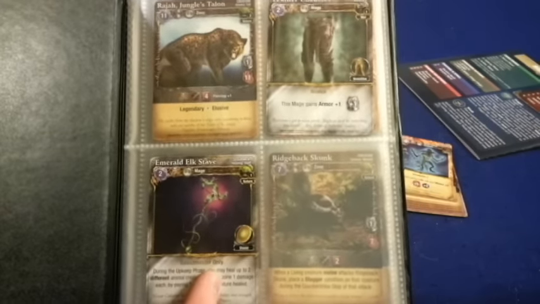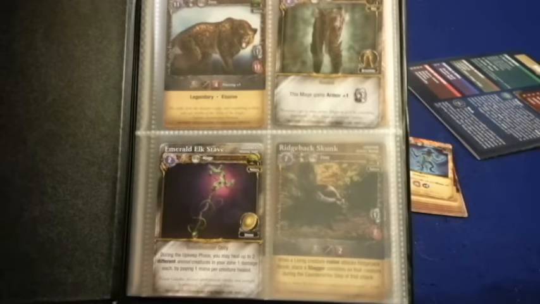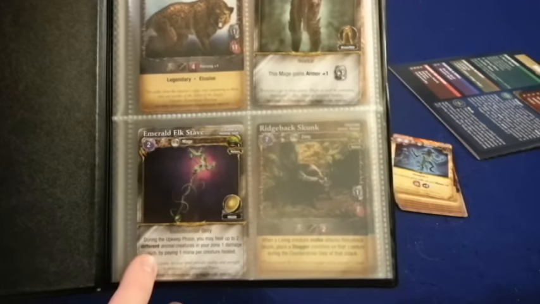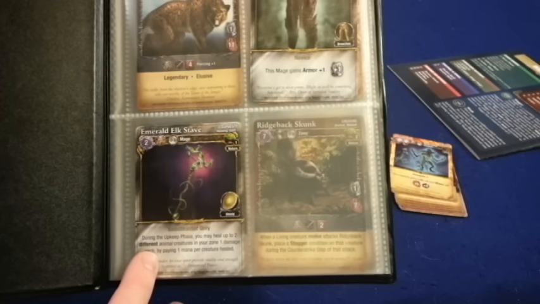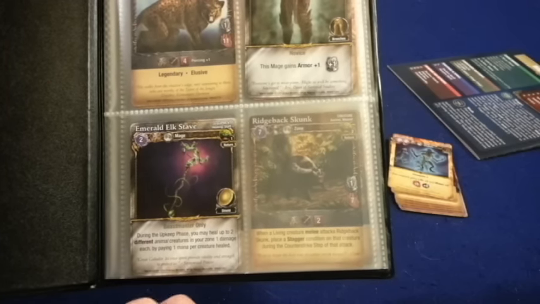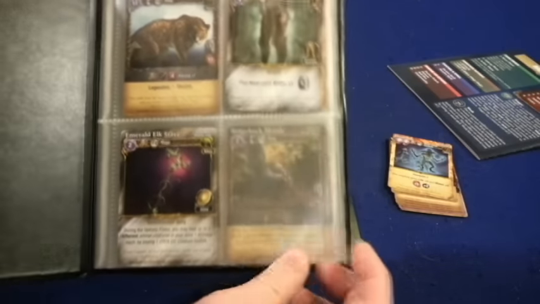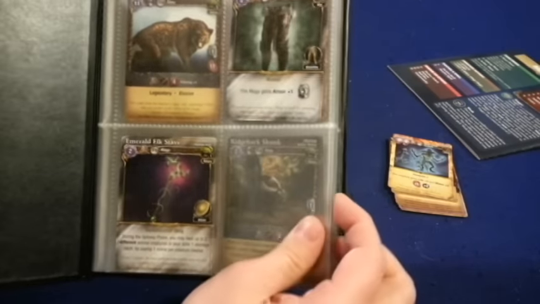This one is for Beastmaster only, so if you were some other class, you obviously couldn't put it in there. That's a quick action. It's going to cost you 2 mana, and during the upkeep phase, you may heal up to 2 different animal creatures in your zone 1 damage each by paying 1 mana per creature healed. So in Mage Wars Academy, that is incredibly useful because you are always going to be in the same